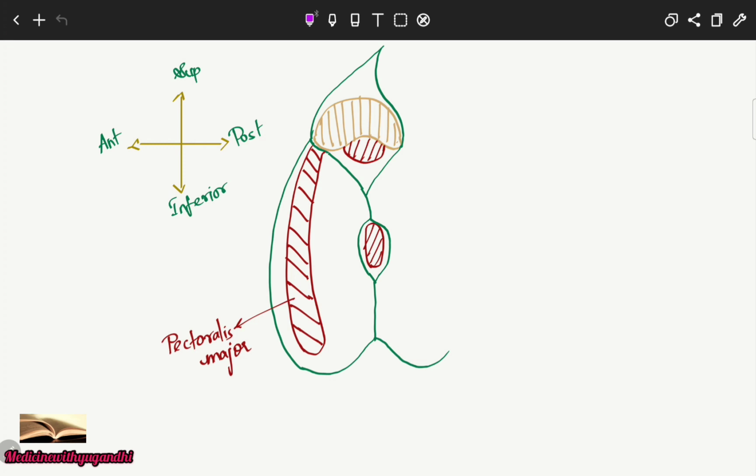So before going into the next topic, that is the extent, I would like to mention all the parts. Here what you're seeing, this is the clavicle. I'm again mentioning this is the sagittal section. Here this is the clavicle, and this is the subclavius muscle located in the subclavian groove. Then this is the pectoralis minor muscle. And this is the suspensory ligament.